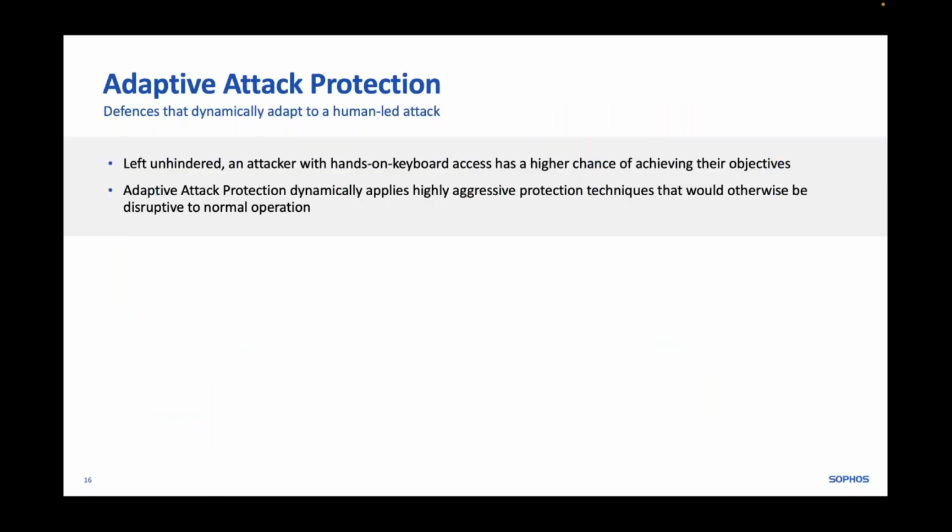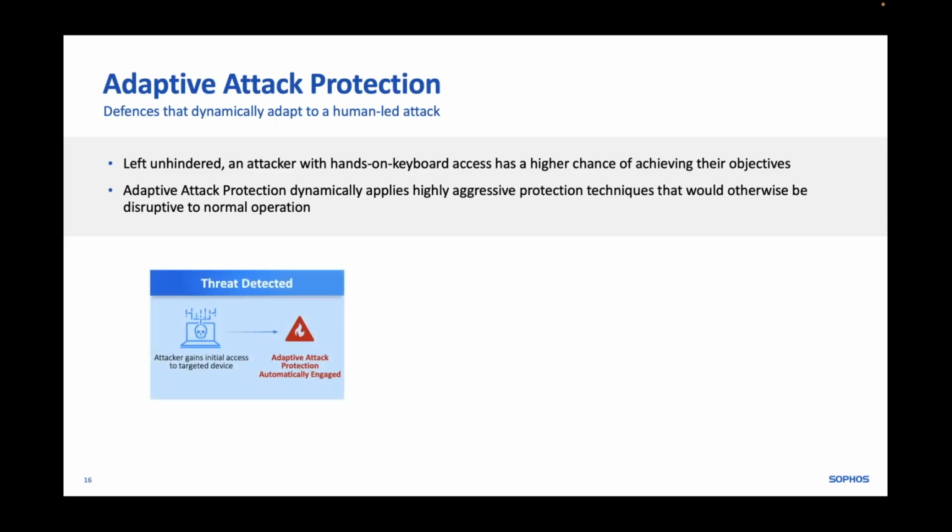But of course, not all attacks involve encryption, and there are lots of other processes and approaches that the cyber criminals will use. And one of the things that we've learned a lot about as a result of operating cybersecurity as a service is that the cyber criminals are incredibly determined. Of course, I already mentioned there's a huge wealth of resources available to the cyber criminals, and if they decide they're going to attack an organization, they will often continue to throw resources at a scenario until they get resolution. And that's why we developed a feature within Intercept X called Adaptive Attack Protection.